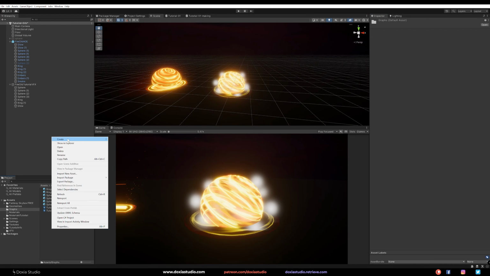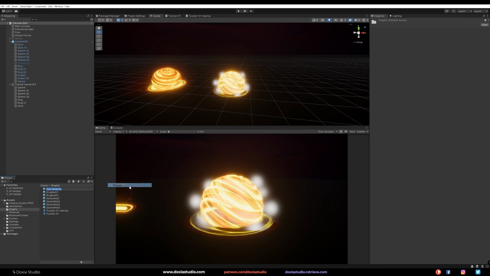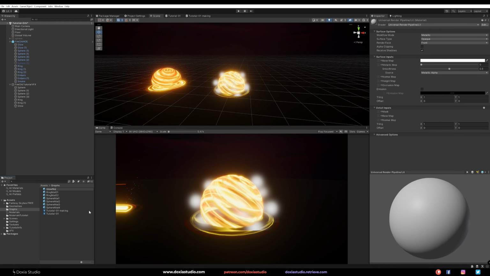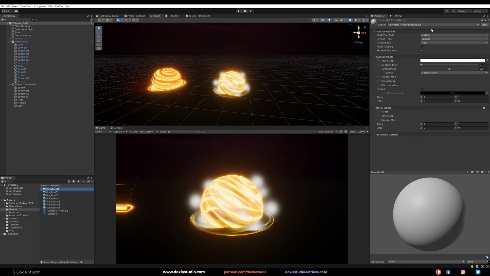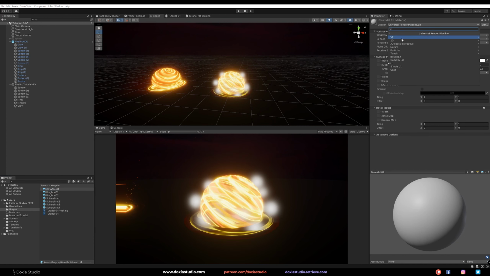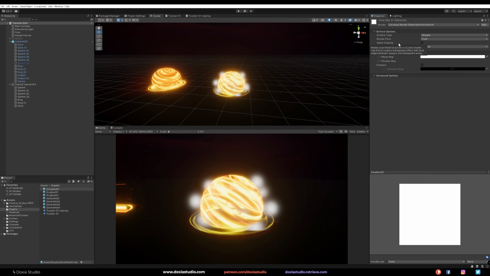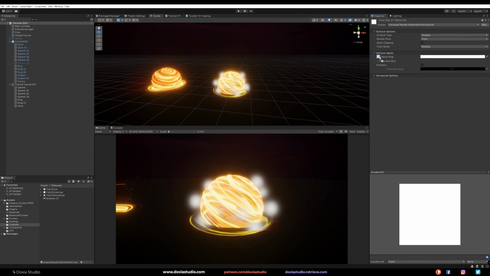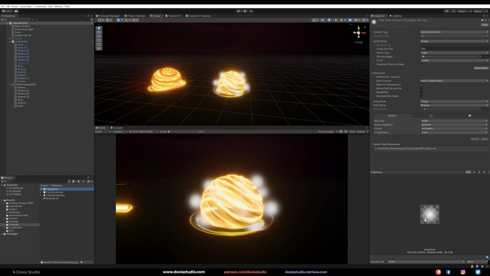And let's create a material. Let's go with glow matte 01. And here I want universal render pipeline, particles, and emulate particles. And here on the base map, I want to use one of the textures that I use here. So the glow here, just a normal sphere with a gradient. Nothing too fancy here. So glow matte.